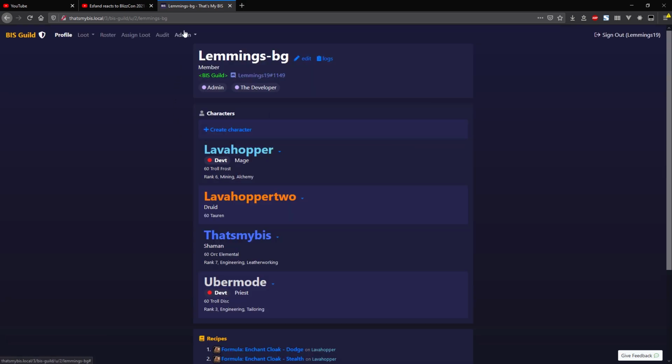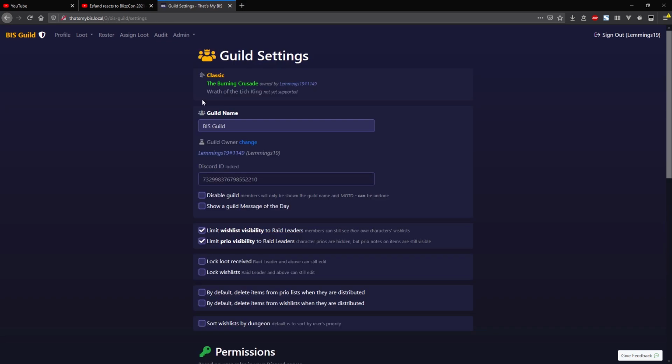One thing I think is a nice little bit of design for this website is if I come in here to my admin panel and I come into the settings, which as a person who created the guild I have access to, bunch of stuff in here. At the very top I have my newest feature that I just released the other day, which is the Burning Crusade, meaning I can click on this and I can register my guild to be not just in Classic WoW but also in TBC. It'll be the same Discord server, but an entirely separate page on the website, which is